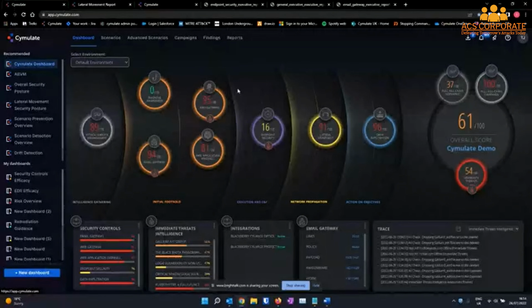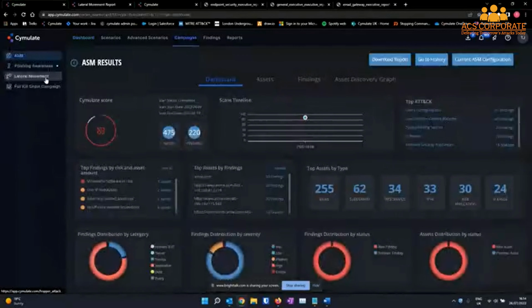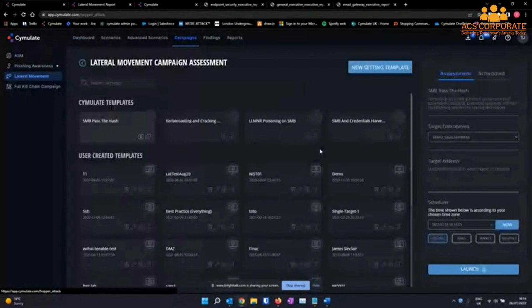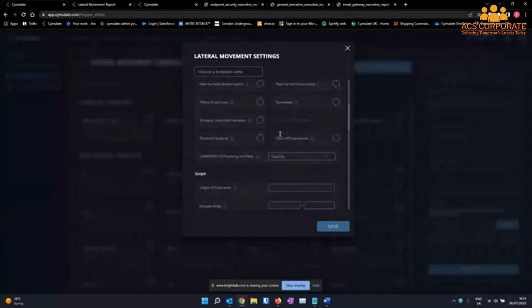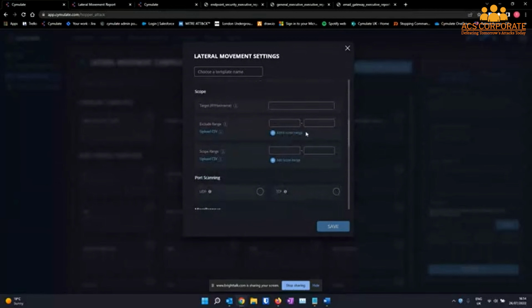Now, with lateral movement, we are going to be building a templated test to identify how we want to try and spread and replicate in the environment, how we want to try and obtain those tickets, tokens, or credentials, and more importantly, the scope of the test. What's key to note is when we talk about the lateral movement module, we will generally be moving laterally within your environment. But it is all safe, there's no chance of causing any harm, and we will not be using